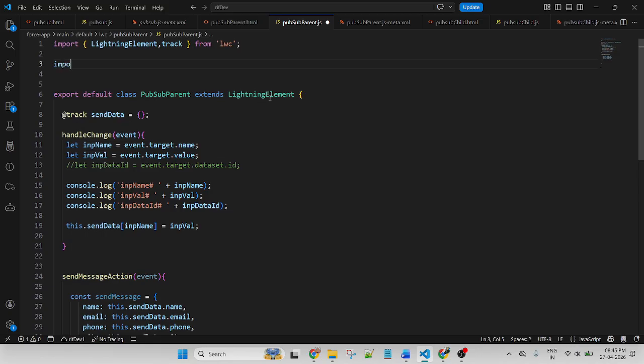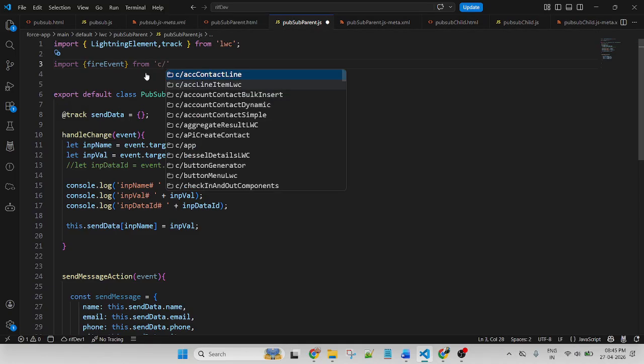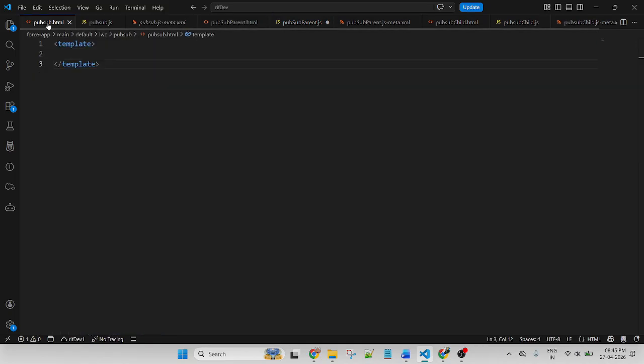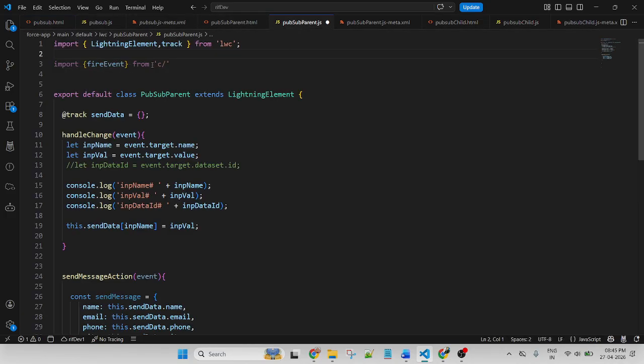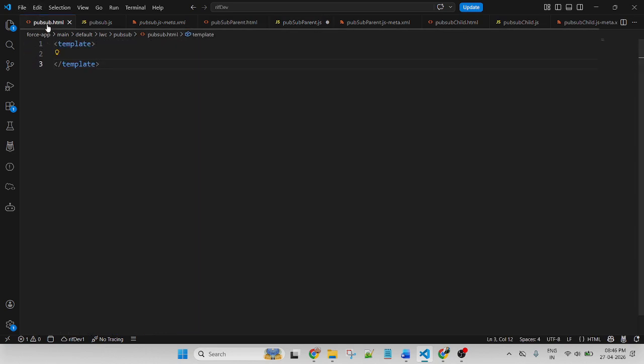Similarly, import this one from c colon c, that means component. I created a component called pubsub. So write fireEvent from c/pubsub, the name of the component.